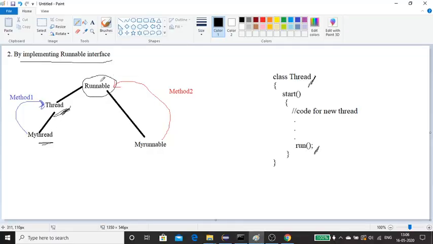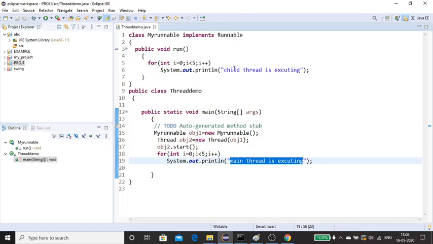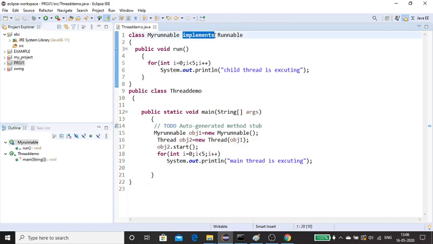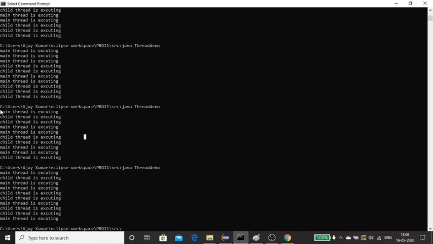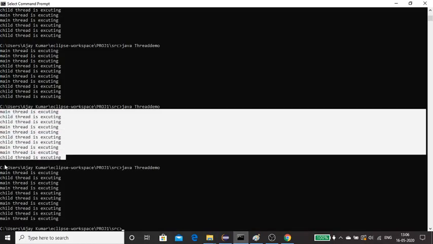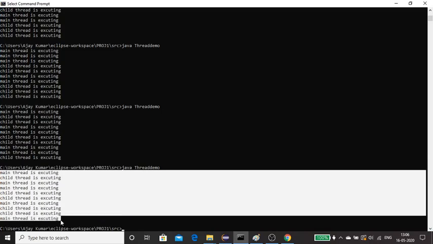What is that second method? By taking the help of the Runnable interface. So just write this side heading: by implementing Runnable interface. Write it on this diagram, and on the right-hand side you can write this one. Next, copy this particular program. Just see the difference between the previous program and this one: we are establishing a link, that's the only difference. And here we are using the keyword implements, because this one is an interface. So copy this program as it is. Then you can copy any two outputs; better you copy the last. This is with respect to the second method. Thank you.